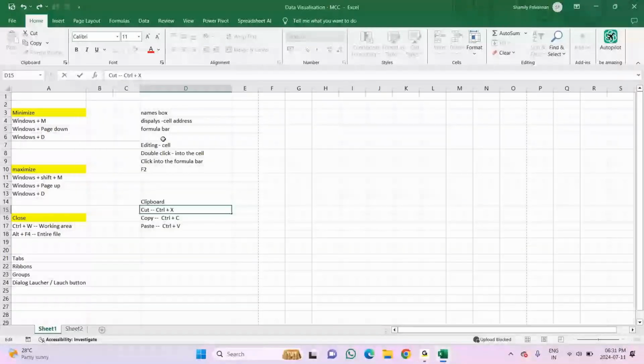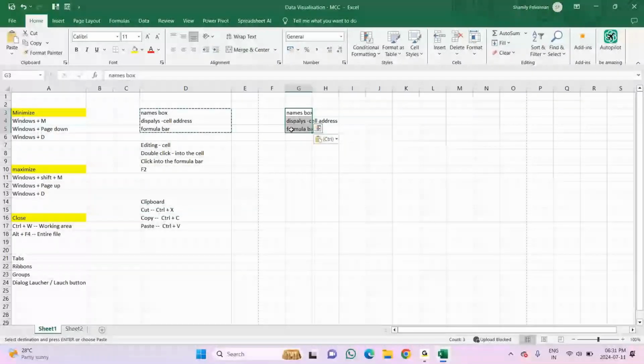Next option we have here is format painter. Can someone tell me what format painter is used for, if you have tried it? Okay.